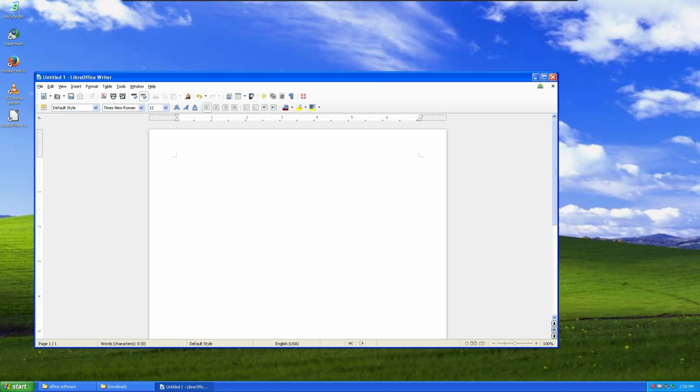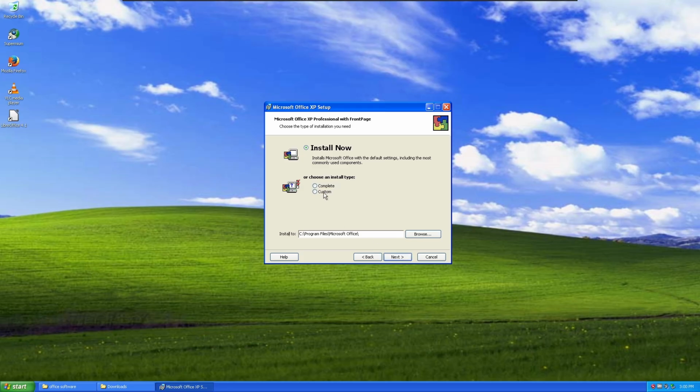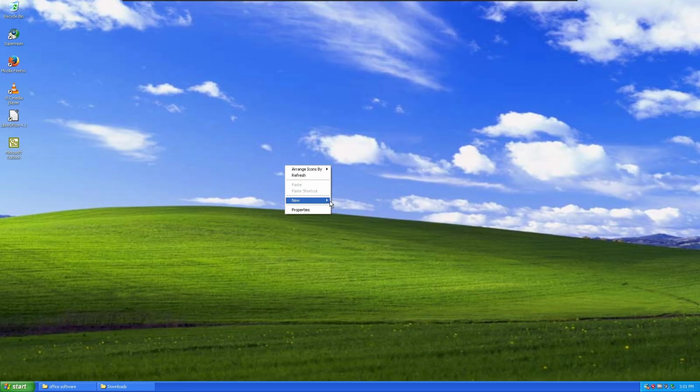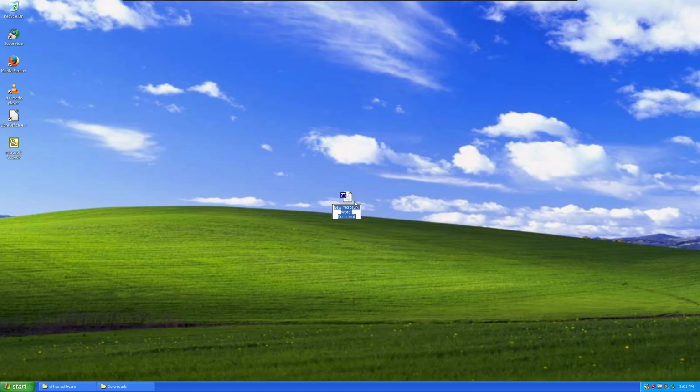Office software that was really made for Windows XP, and that is Microsoft Office XP. All right, and here we are. We're going to go ahead and accept the license agreement, and go ahead and install it. All right, so now that Microsoft Office XP has been installed, we now have these extra Office features here, not counting the ones by LibreOffice, but we now can open up a Microsoft Word document,